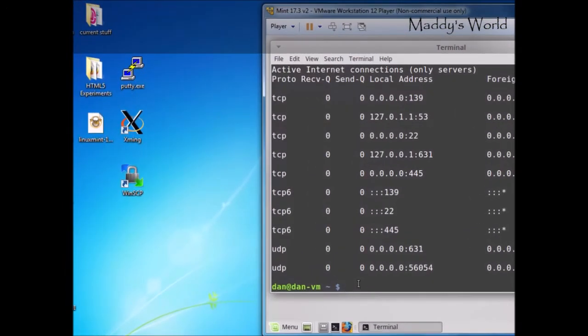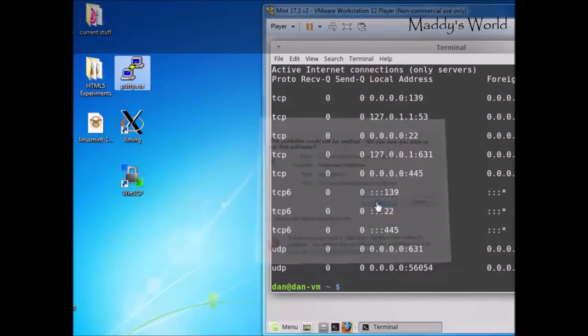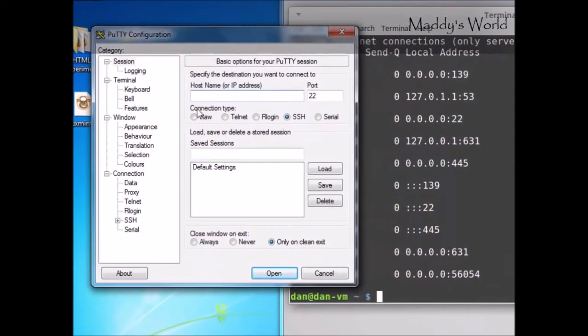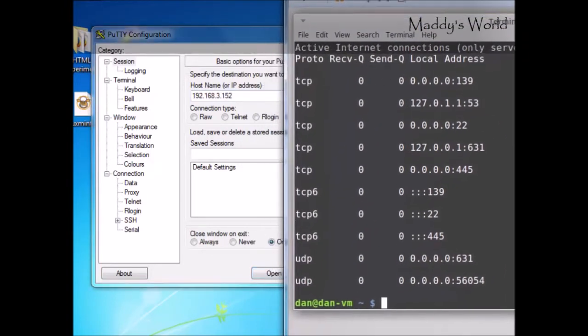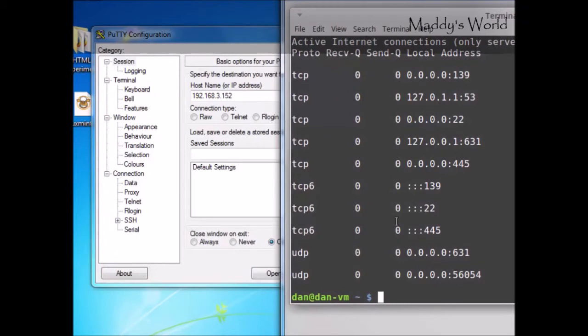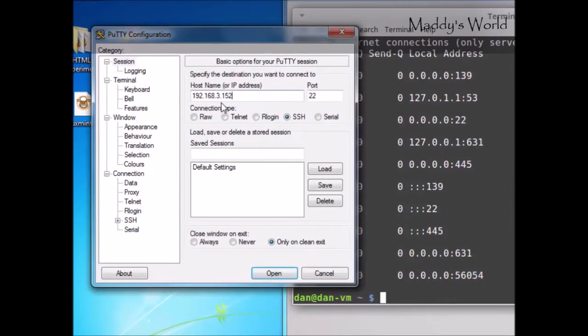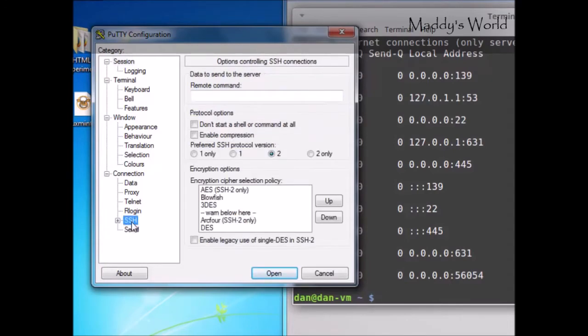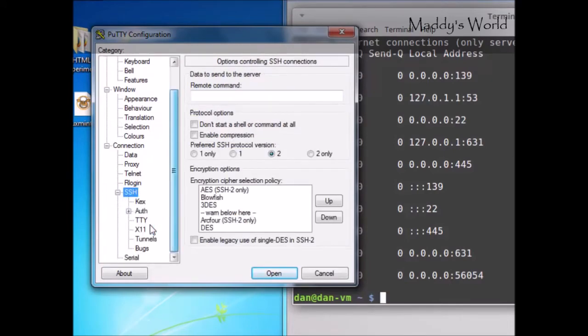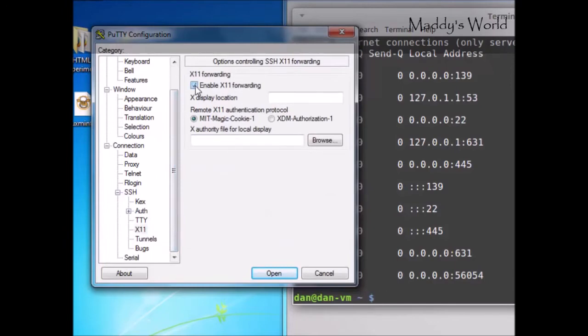So now all I need to do to get graphical support is launch PuTTY one more time, press run. Everything is so far the same. I'll just put in the IP address of my Linux machine. Once again, it's this Linux virtual machine that I'm remoting into: 192.168.3.152, port 22, SSH. But this time I'll open up the settings for SSH, expand it, go to X11, and enable X11 forwarding. Now I'll click Open,